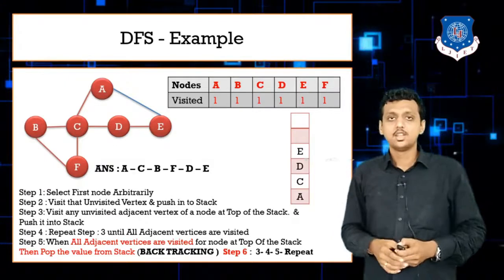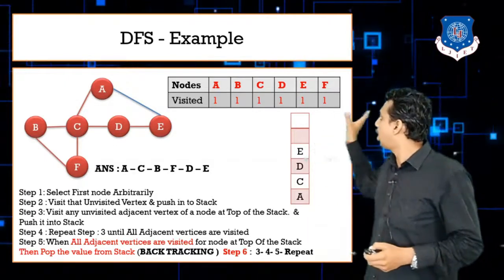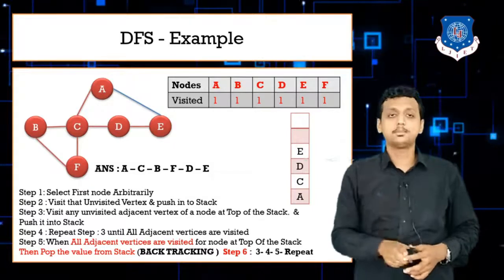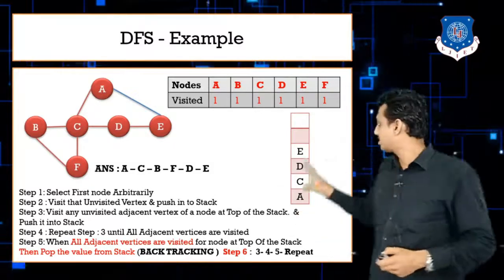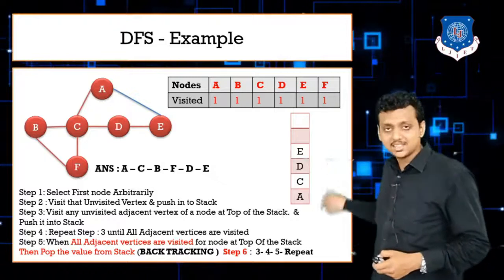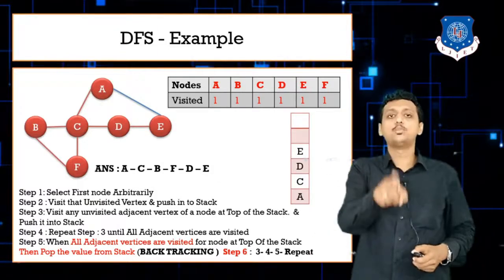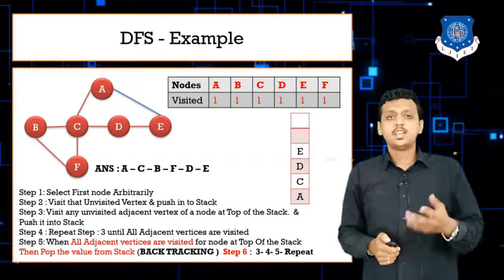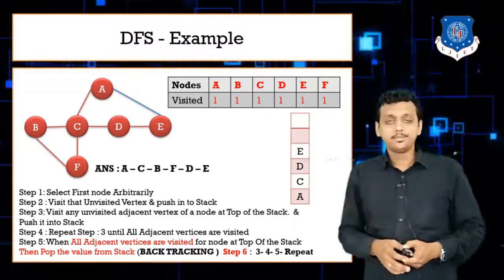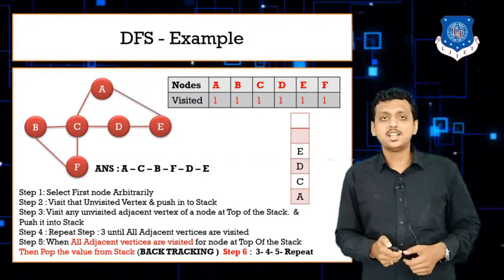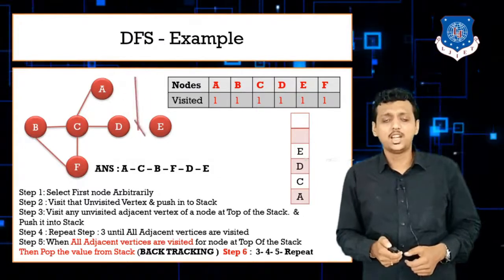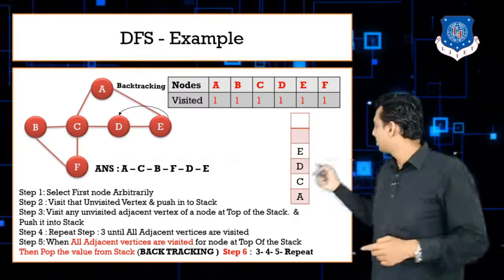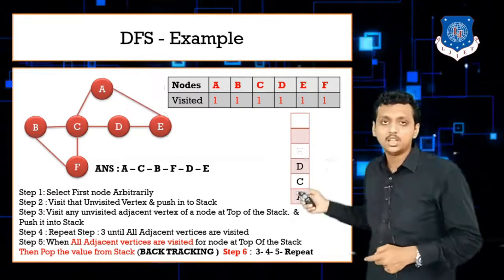So students, here you can see that all the nodes' visited values become 1, that means my operation is done. But wait, according to the stack, your stack still has some values, that means you need to remove each and every element first. So go according to the algorithm. At node E, how many edges are still remaining? Check for E. Is there any unvisited node? No. So do backtracking.